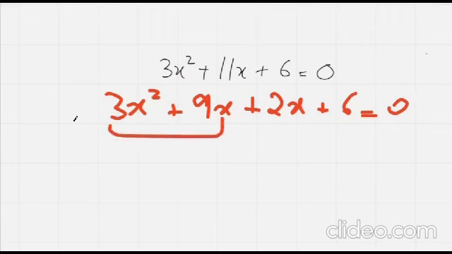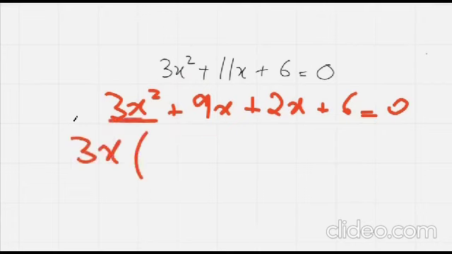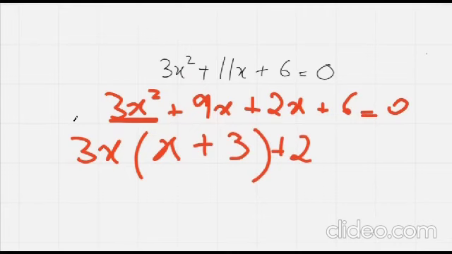What is the common over here? It's going to be 3x, and when we've taken 3x as common, we're going to get x over here, because 3x into x is going to give us 3x squared, and over here we're going to write 3 only, because 3x into 3 is going to give us 9x. And over here we're going to take 2 as the common. So inside it we're going to get x, because 2 into x is going to give us 2x, and we're going to write plus 3 because 2 into 3 is going to give us 6,